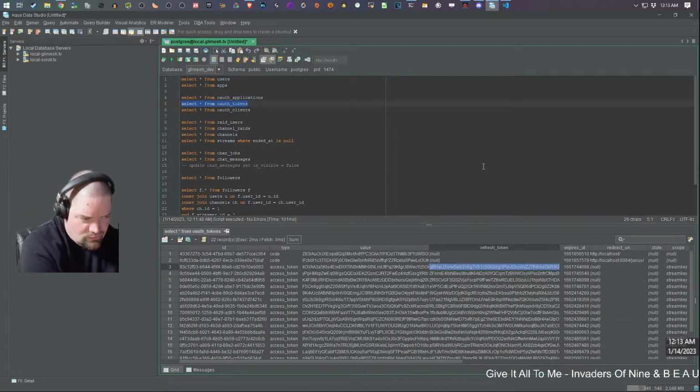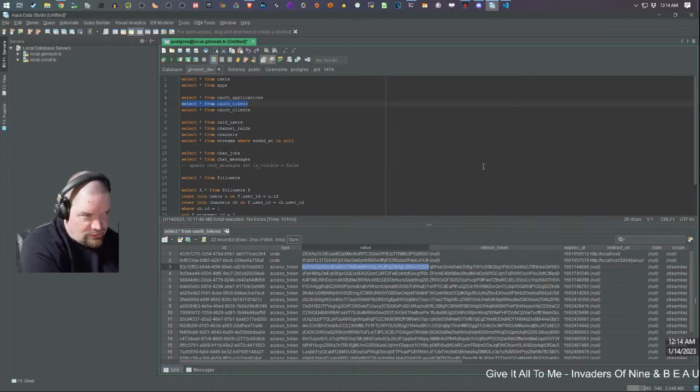OAuth is good, but it's always been hard for me to track in my brain sometimes, with all these tokens that get refreshed and stuff. Unless that's saying that this token, not the refresh token, expires. Yeah, it's probably that. Probably the token that the value here.